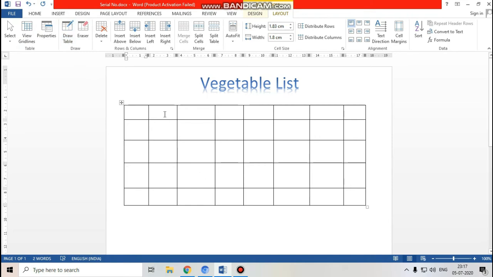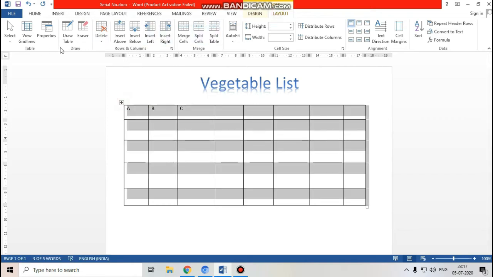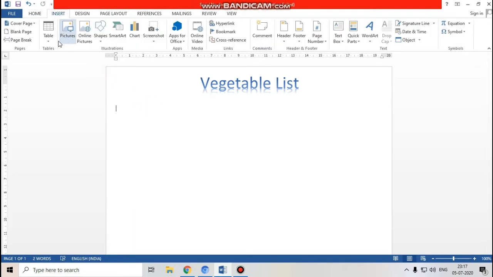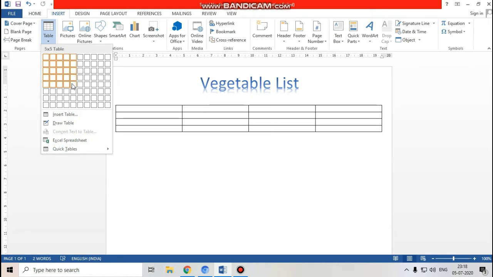It will disappear. Now type. You can type anything: A, B, C. So it is your choice which method you want. But for deleting, every method is the same. So now I'm going to show you a few more things again.